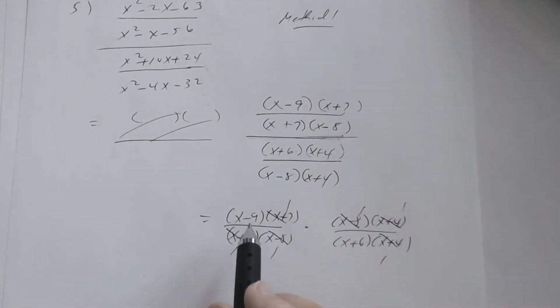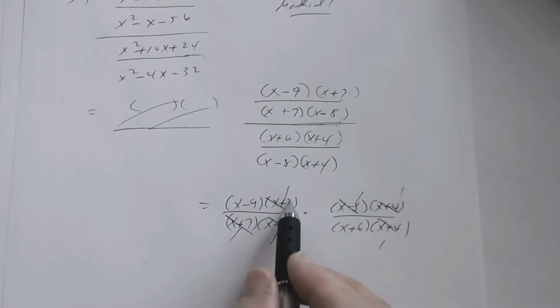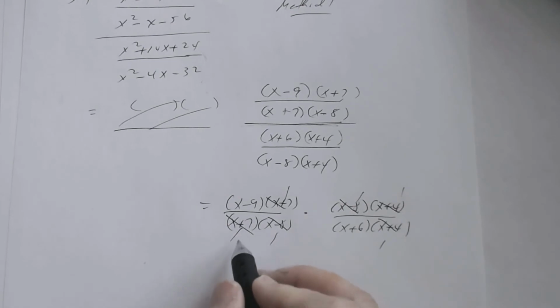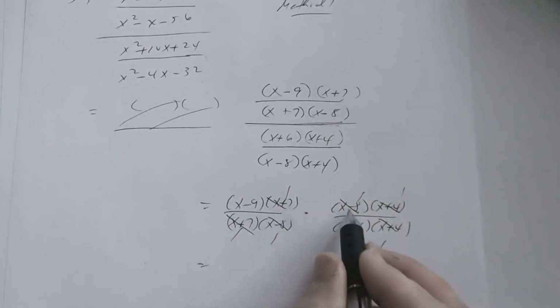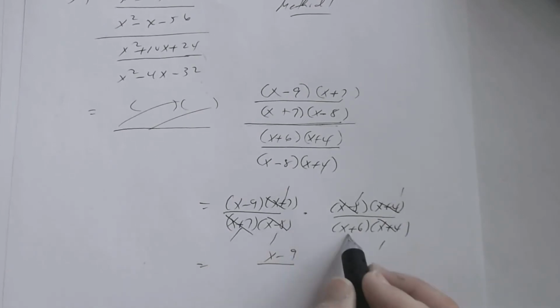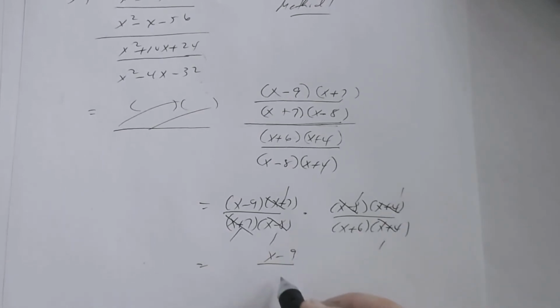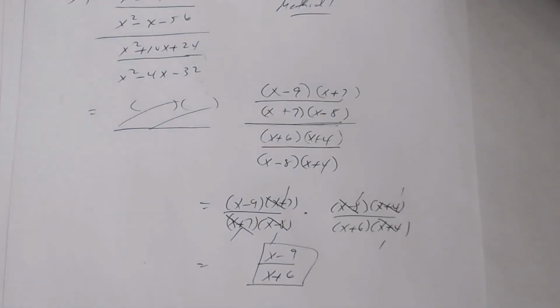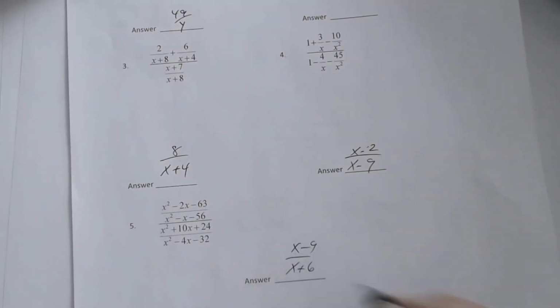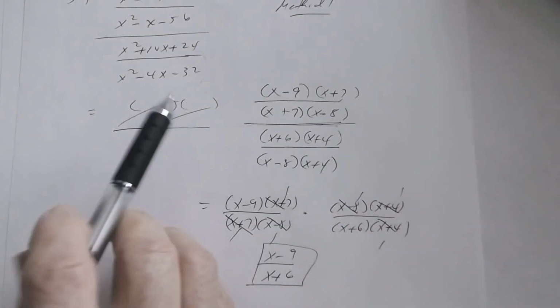And so it looks like the only factors left besides factors of 1 is x minus 9. And so I get x minus 9 times 1 times 1 times 1 is x minus 9. And then 1 times x plus 6 times 1 is x plus 6. And so there's the answer: x minus 9 divided by x plus 6. But method 1 was the easiest because